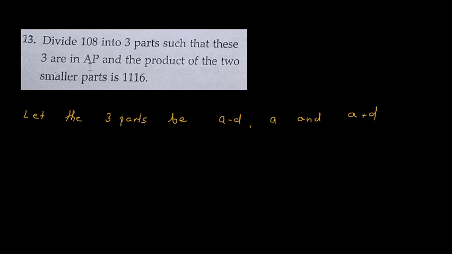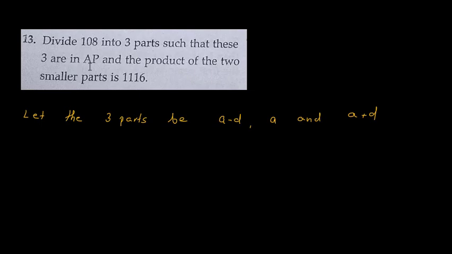Now you will say that sir, we take 3 parts as a, a plus d, a plus 2d, right? Okay, but you can also take this as a minus d, a, a plus d. Here you see the difference is of d only. Now whenever 3 parts are given and they are in AP, if you take them in this fashion, then if I add them, the d will cancel out and I can get the value of a. So that will give me a better idea to find unknowns. So when 3 terms are in AP, your choice will be a minus d, a and a plus d.